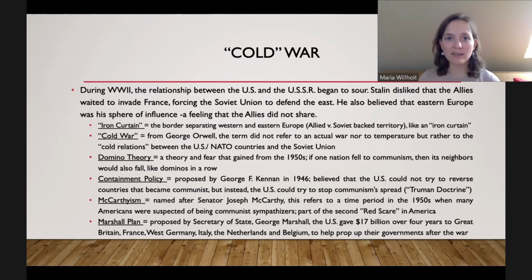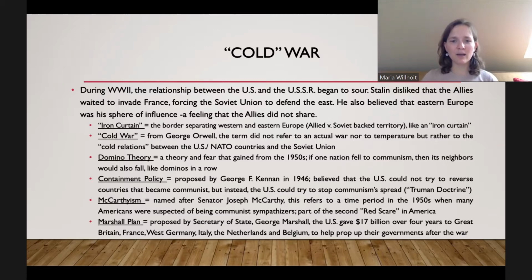I personally don't like this man. I think he was a terrible influence in our country, but he was a very influential senator. He later died, actually, I think in 1957, 58. But regardless, he was very influential. He got a lot of supporters for his cause, for his Red Scare cause, basically.